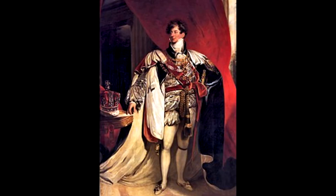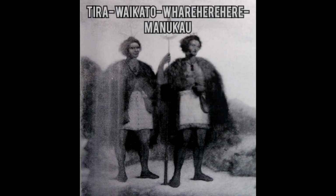King George IV, 1823, made a contract with Te Waikato Wharehere Manukau and bought New Zealand from this chief. And so we go on now to King William IV,